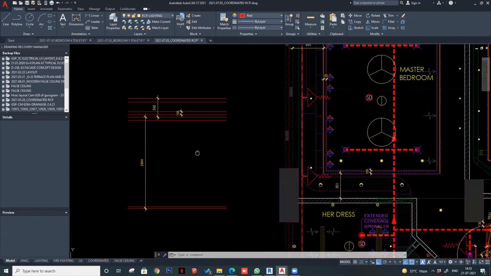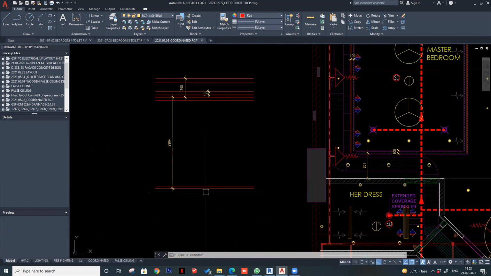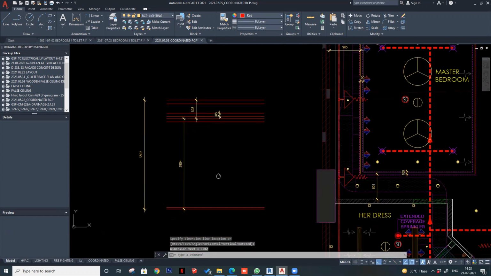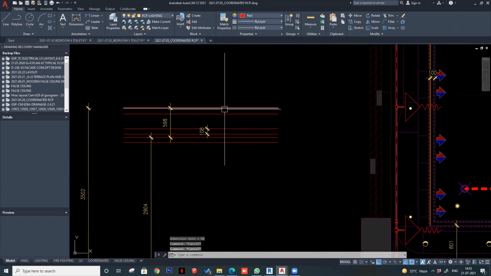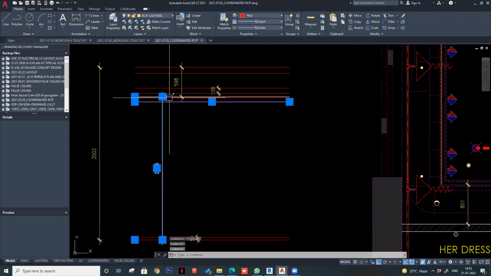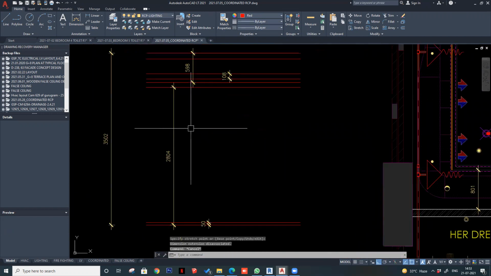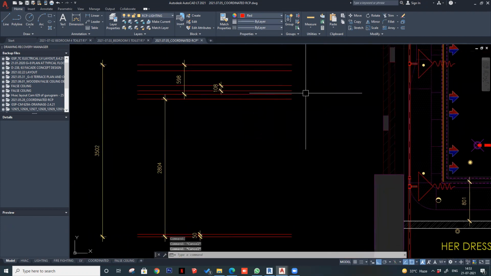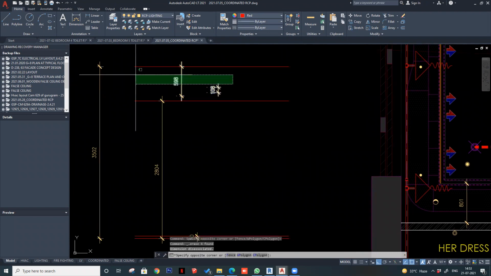This is a section of this point. Okay. So basically here we have slab to slab 3502. Then this is your 50 mm floor finish. And this 2804, this 2804 is the lintel level in Camellias. Okay. So first I have made all these 3-4 lines which I know of.